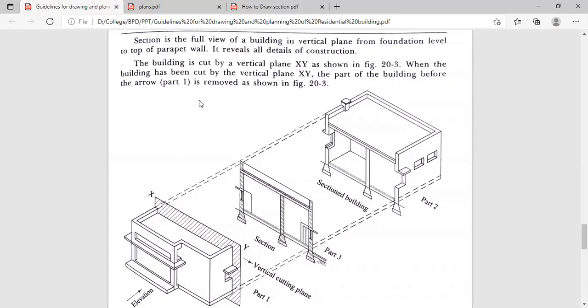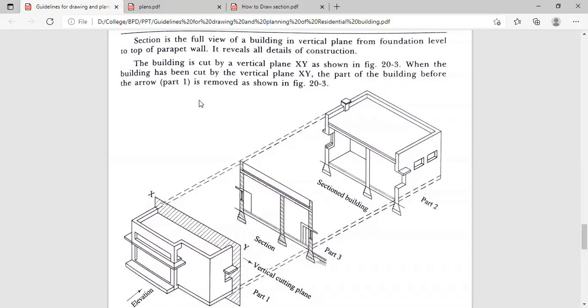Then we provide different layers, maybe a sand layer, and then we fix the tiles, okay, at ground floor level.